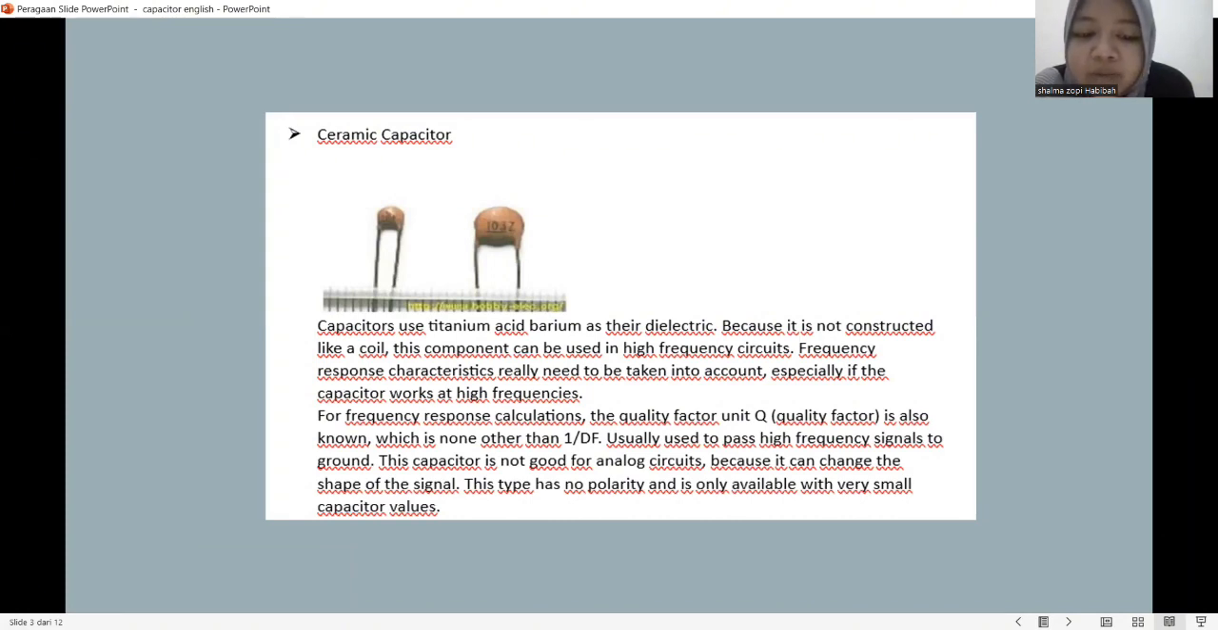For frequency response calculation, the quality factor is also known. Usually used to pass high-frequency signal to ground, this capacitor is not good for analog circuit because it can change the shape of the signal. This type has no polarity and is only available with very small capacitor values. And then